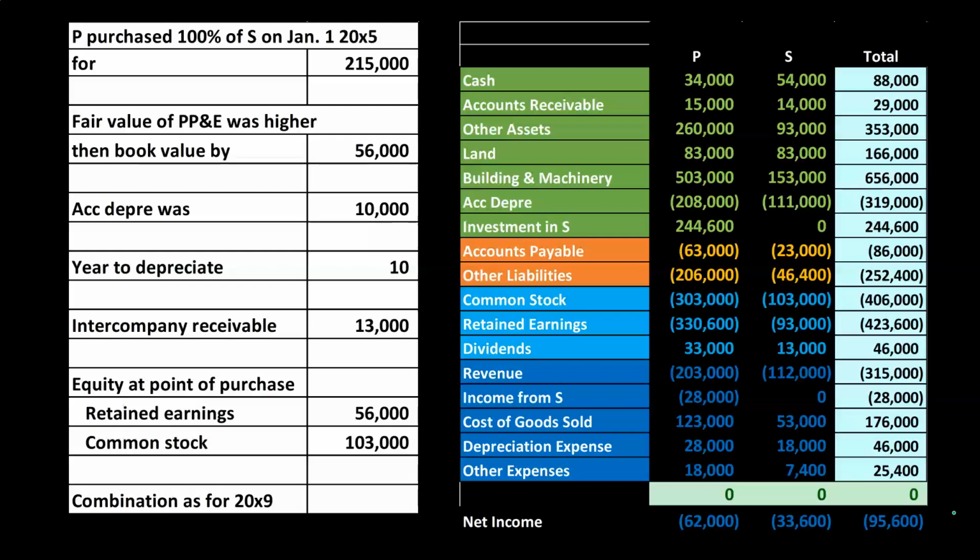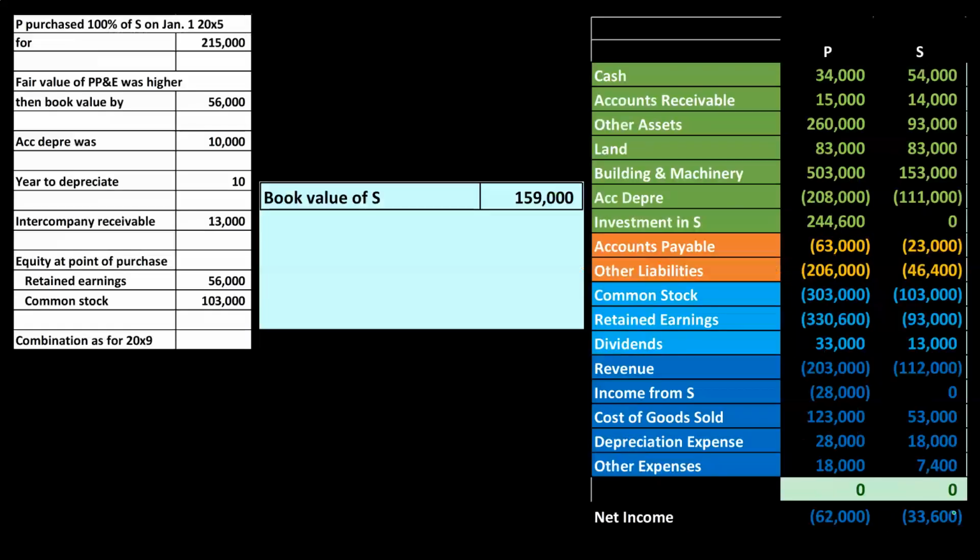Before the consolidation entries, however, we want to take a look at the goodwill calculation. So whenever we do this, we're going to think, all right, I want to know this number right there, that $244,600. How is that being calculated? Typically, P will be using the equity method. So we want to think about the equity method. And then we also want to think about the differences that could have happened in the purchase from the book